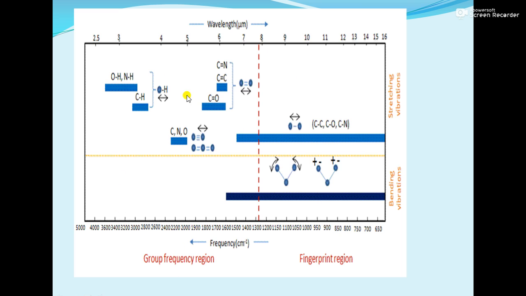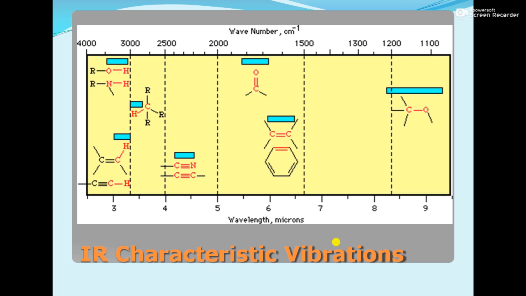As you can see, this is the spectra, and here the stretching vibrations and bending vibrations are there. This is the region from 4000 to nearly 1300, and it is giving the frequency region, and this is the region which is giving information about the fingerprint region. In this way, we can detect the unknown compound. This is again one more characteristic of the compound, like different zones of the IR vibration bands.